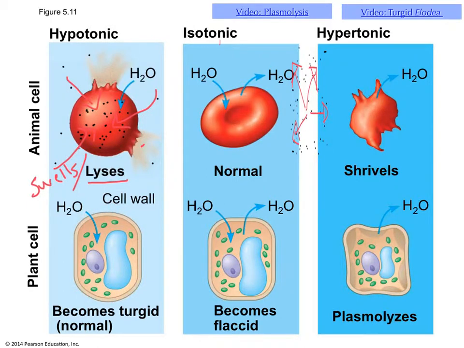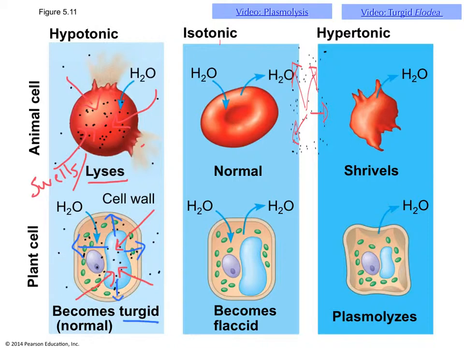There's more stuff inside of this cell than there is on the outside, because the environment is hypotonic, which means that the water is going to move into the cell and into the central vacuole. That means the central vacuole swells, it puts pressure against the cell walls, which is going to keep the cell very rigid and keep it firm. It's called turgid. The cell is turgid, and that means that the plant is going to be able to